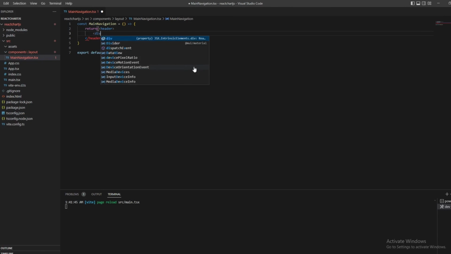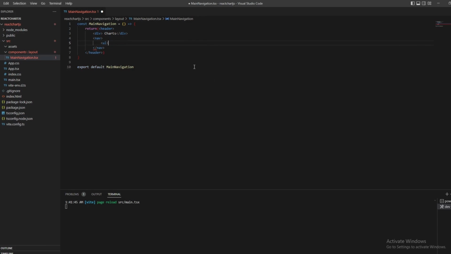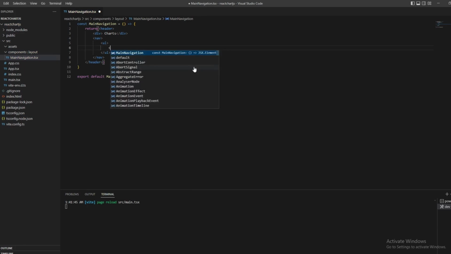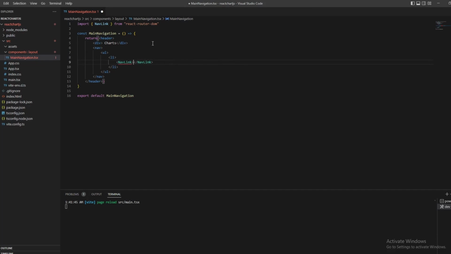So for this we want to put a div, and in the div we want to say that our logo is going to represent the actual name of the application, namely charts. After that we're gonna have a nav link with an unordered list, and every list element of this unordered list is going to be a navigation link, or more exactly a nav link, of course imported from React Router DOM. And as you know, the nav link must have a to element in it, so the to element will point to the exact path that you want to access,